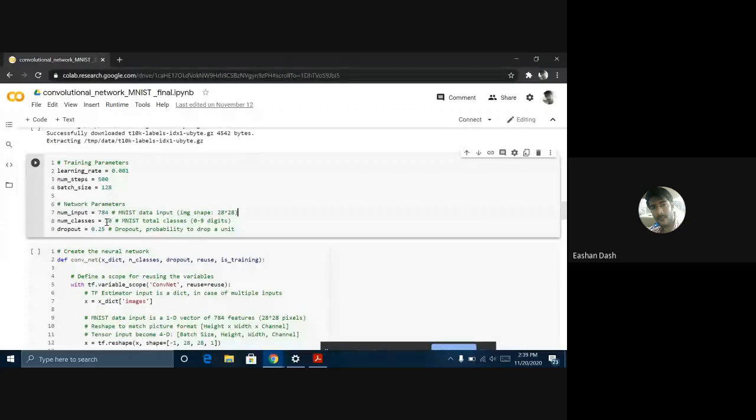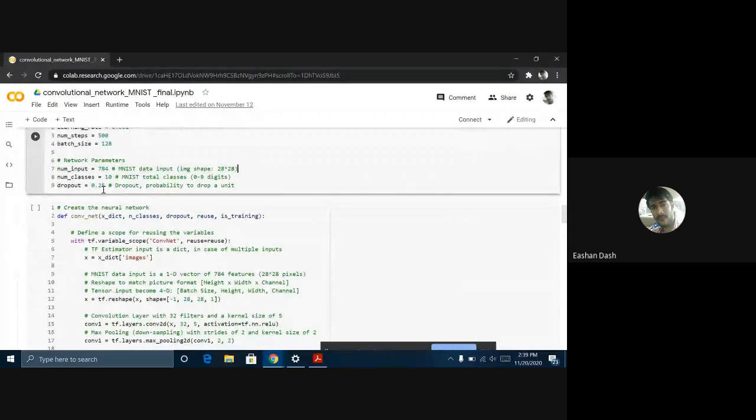Now coming to the class, the number of classes is 10 because we have a handwritten digit data set, right? So we have 0, 1, 2 all the way to 9. So there are 0 to 9 possibilities of classes, right? Dropout. The concept you might not need to learn now very in depth, but what it basically does is,